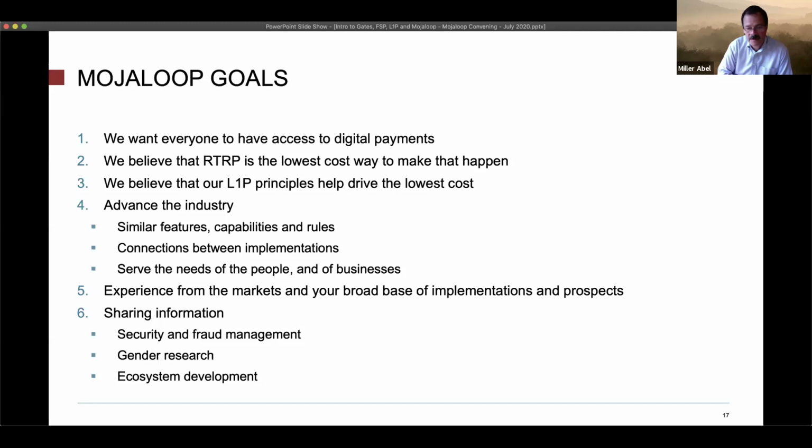We want the experience for markets and a broad base of implementations and prospects. The reason we want this is that this isn't a disruption, right? We're not trying to disrupt the system as it is. We're trying to enable the system, to take it from where it is to where it could be. There are certain facets of the population that are excluded by each of the market actors for their own marketing reasons, because they can't afford to invest in those. Having a larger market would be good for everyone, but being able to reach and interconnect across that market is difficult. And that's why we need the broad base of implementations to think about this.